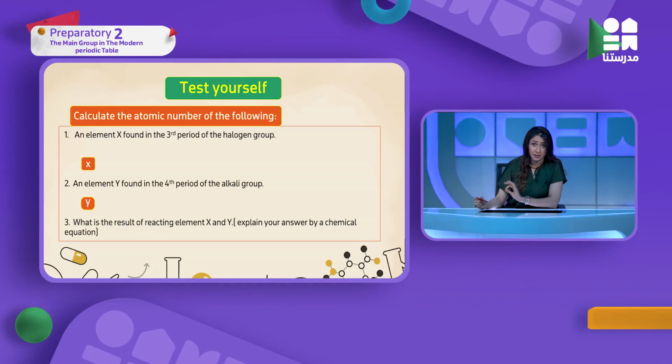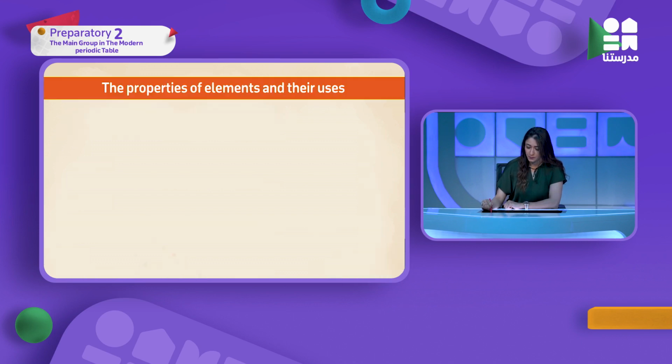هقول له هكتبها بالطريقة دي. We will write it in this way. X halogen plus Y alkali metal will give me salt. طيب